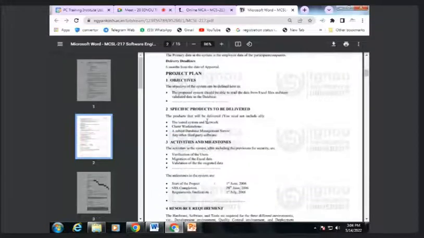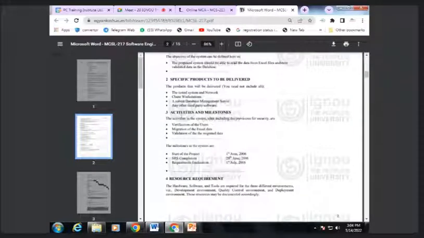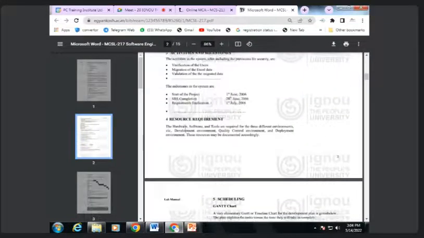When it comes to the objective, our proposed system should be able to do what I have covered. Yeah, I think I have covered this one. When it comes to the specification of the product to be delivered, we need not include all these things. Don't focus on this part. When you are about to write about the specific parameters of the product, no need to mention all these aspects. So while writing the SRS, take care of all these aspects also. Activities and milestones, that is,